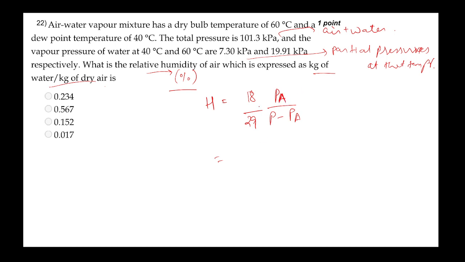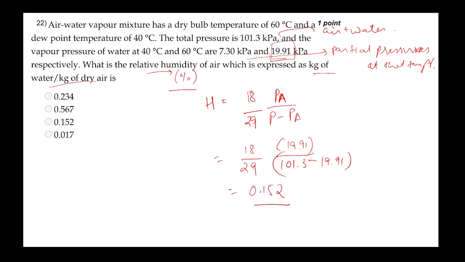Since you need to find the humidity, which is not saturated air, the pressure will be related to the dry bulb temperature. So if you put in the values, 18/29 times 19.91 divided by 101.3 minus 19.91, it will come out to be